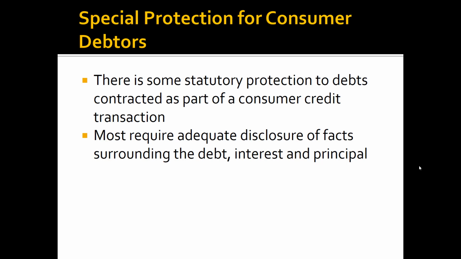So one of the things that exists is if you contracted a debt for a consumer credit transaction, there can be special federal and state protections for this. Now, let's just take automobiles as our example here. If you go to buy a car and they're loaning you the money, they're going to have to give you the actual APR, annual percentage rate. They can't say, oh, you're only paying 5%, and then it turns out that if you factor in your down deposit and everything else, it's actually 10%.